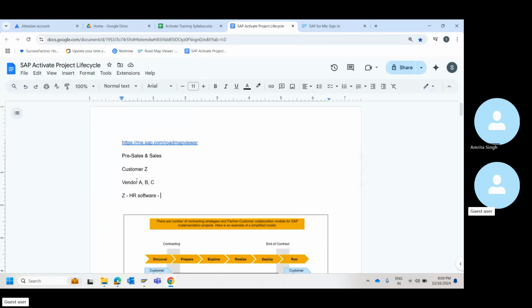For example, vendor A does SAP, vendor B does SAP and Oracle, vendor C is for Salesforce. Let's say Workday for that matter, because we're talking about HR. In these cases, this customer will share an RFP, request for proposal. This proposal will say, I want this scope.